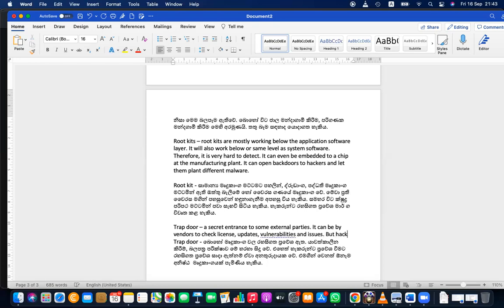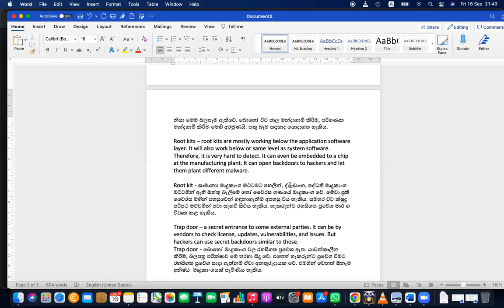But hackers can use secret backdoors similar to those. Actually, the vendor use backdoors are not dangerous, but the hacker use backdoors are dangerous.